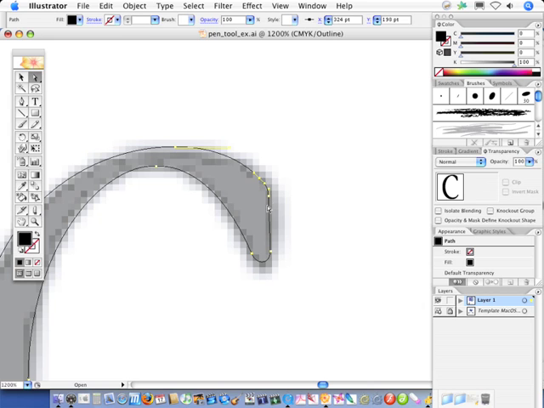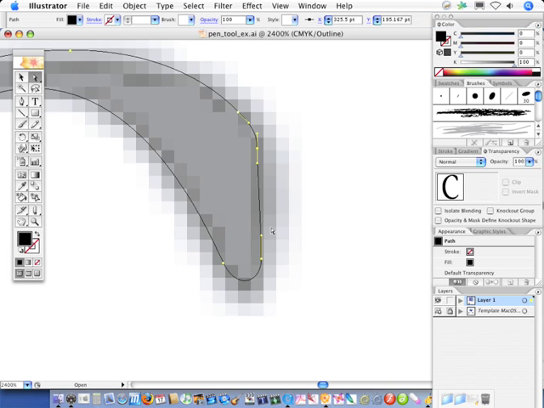Alright, now I want to check this out. You'll notice that I have a slight S-curve in here, and that's because this handle's coming on the left side of this segment a little bit, and this handle's on the right side. If we zoom in, you can see that. So I'm just going to make a little adjustment. Now, I think what I'll do is just drag this out a bit